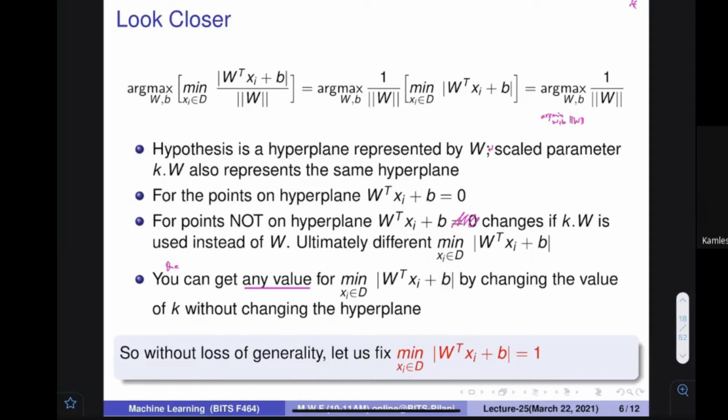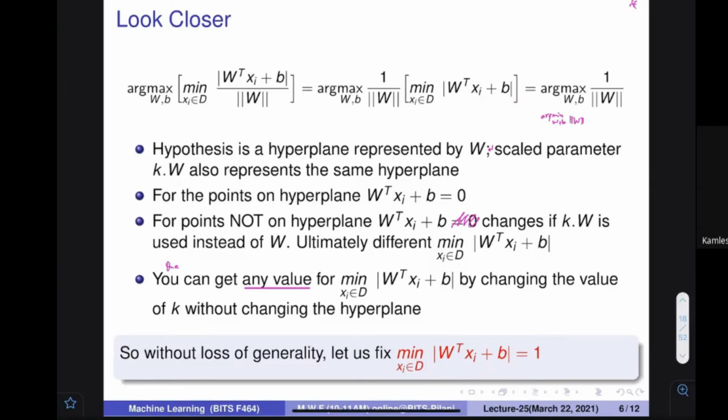So it is not always good. Once again, try to understand: if I want to minimize it, it essentially means that I can make this thing any quantity. For example, if I want to make it 1, I can find an appropriate value of k so that it takes that particular value. All the values I can find over here. Because I have a handle over here, I can always change the parameter so that this value can be anything. So it's not a good idea. That's an interesting observation, that it's not a good idea to minimize this particular quantity anymore.